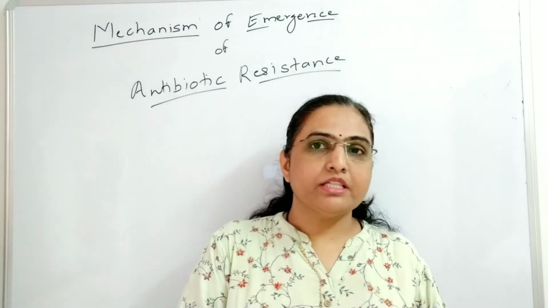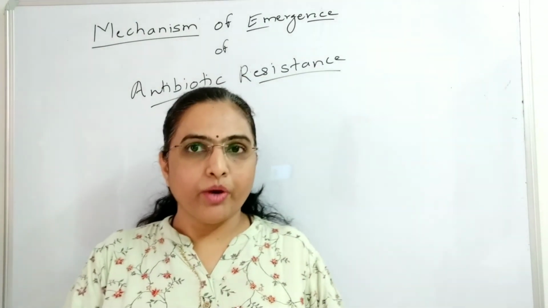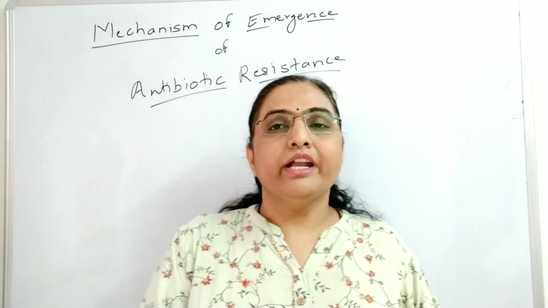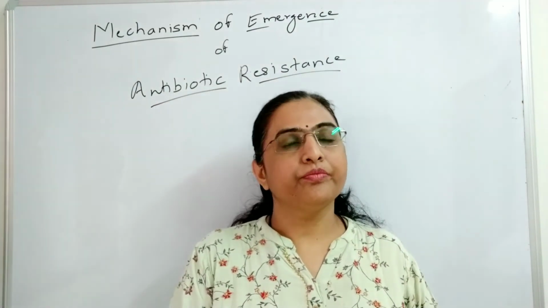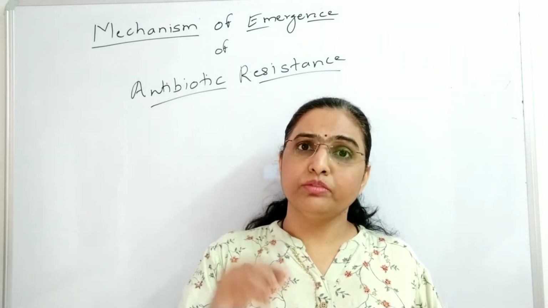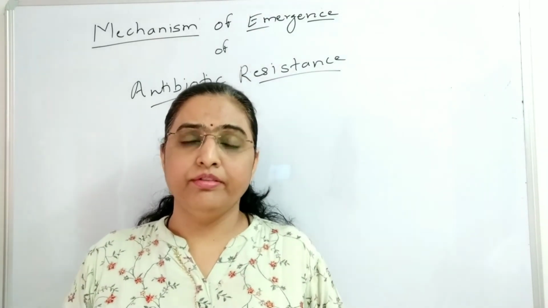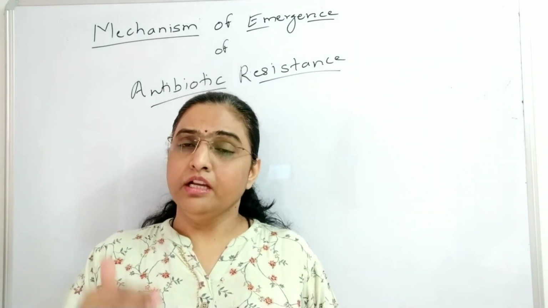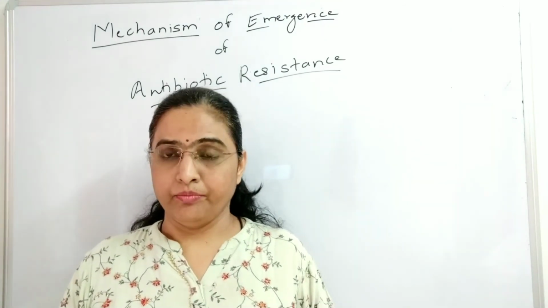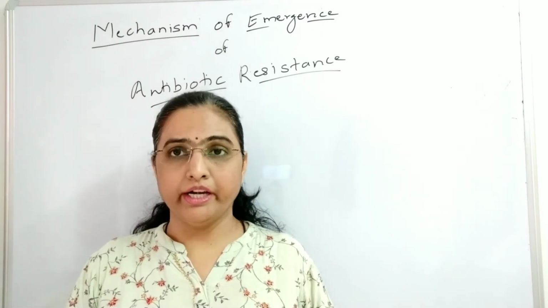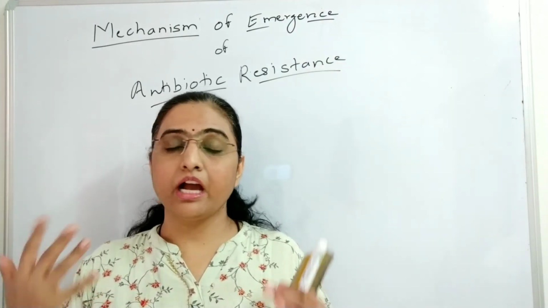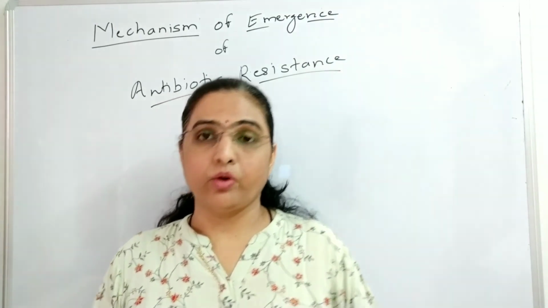In gram-positive bacteria, what is happening? The cell wall is a very thick one, and due to that thick cell wall, there is a low penetration of the drug. Next, in Mycobacterium, there is the presence of an outer membrane, and that outer membrane is composed of lipid. So all the hydrophilic antibiotics are not allowed to penetrate into the Mycobacterium. Only hydrophobic antibiotics like rifampicin and the fluoroquinolone group are able to penetrate into the Mycobacterium.